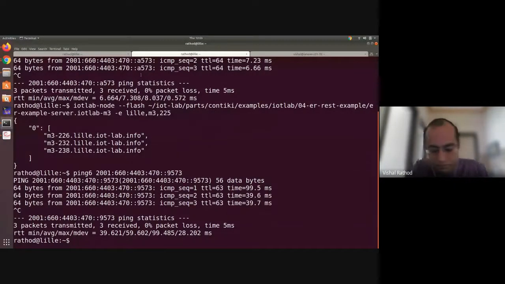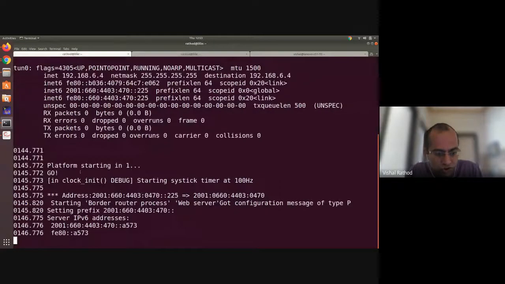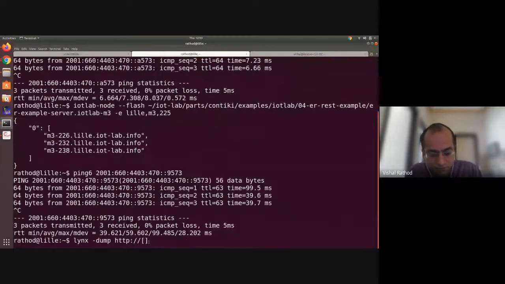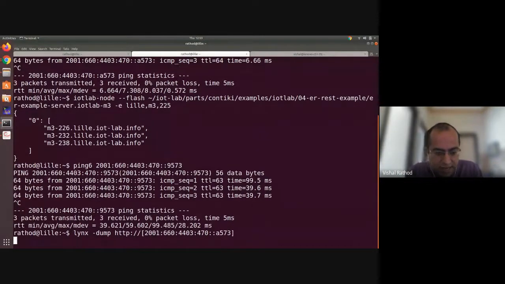Now I will show you that suppose you are working on RPL and you want to see which are the neighbors and which are the root from that. What you have to do is use the links command, then use this IPv6 address, and you just press enter.